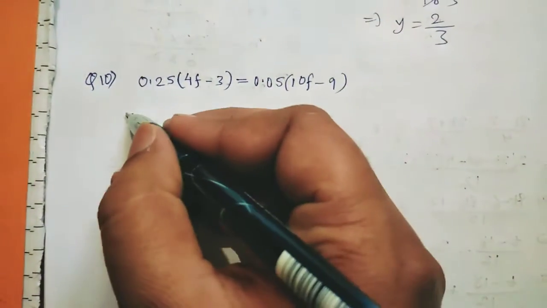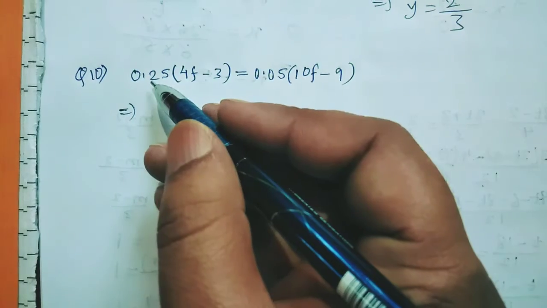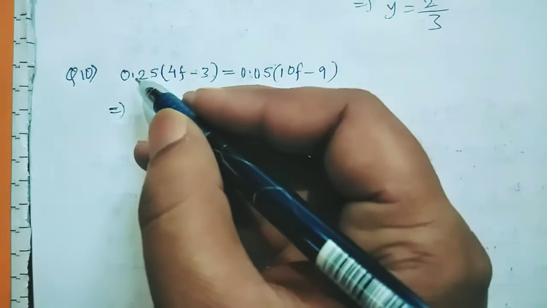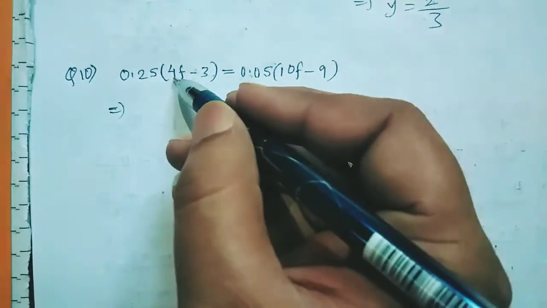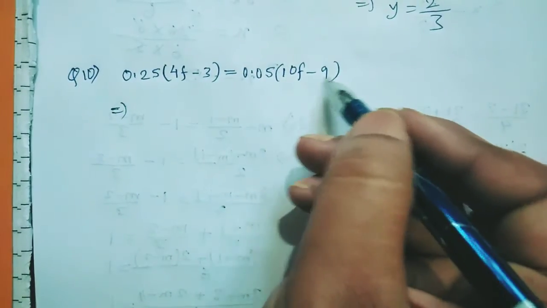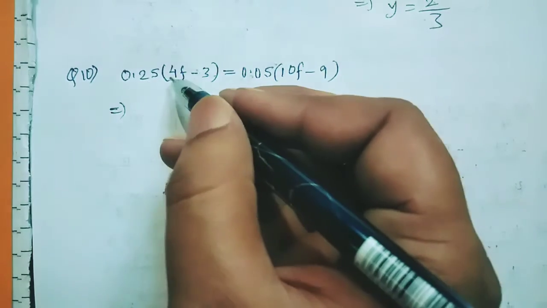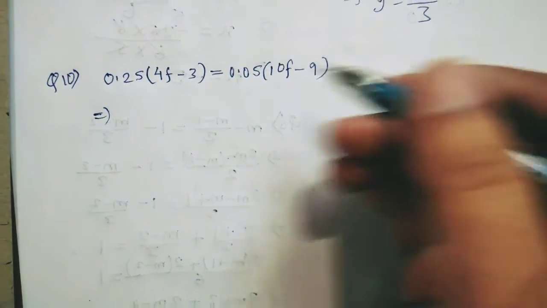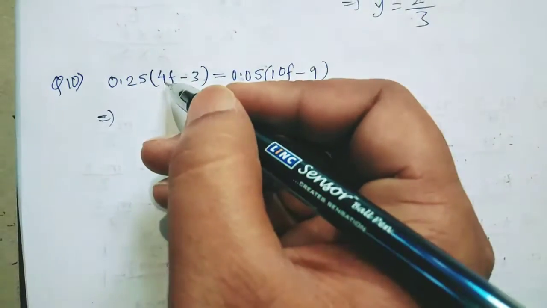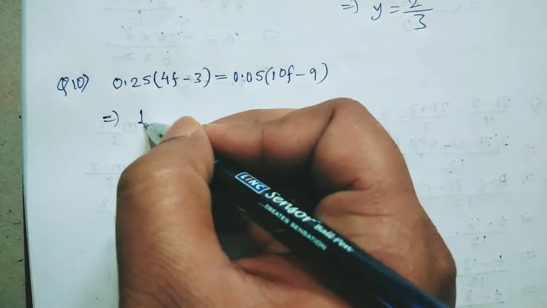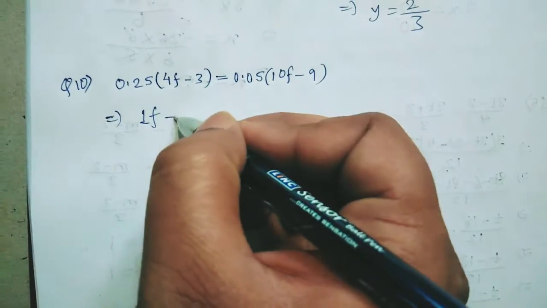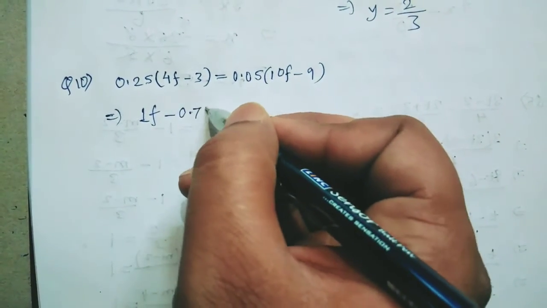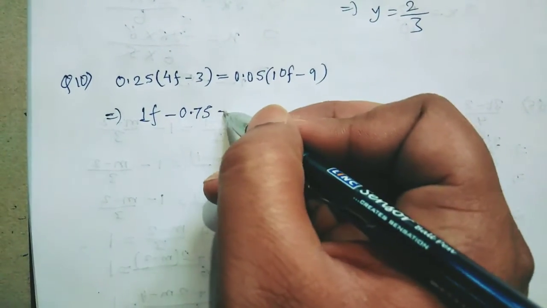Now in question number 10, what is given here, decimal points are given. Here also decimal point numbers are given, so no need to fear about it. So the same rule, this number will be multiplied with these numbers and this number will multiply with these numbers. So multiply 0.25 into 4. What is the answer of 0.25 into 4? When you multiply 0.25 into 4, it comes as 1, so 1f, minus 0.25 into 3, it is coming as 0.75. So multiply and see in rough, then you will get to know how it comes.